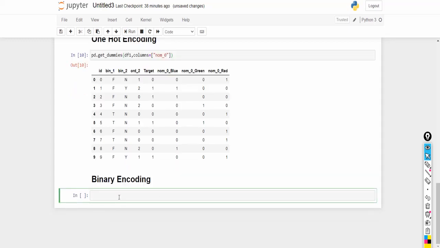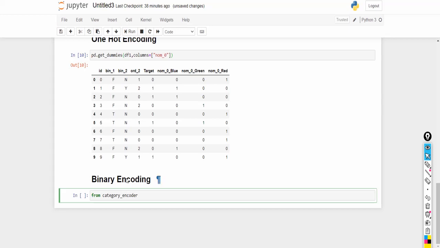Okay, so for binary encoding we will use a library named category_encoders. We haven't used this library yet, right? So when you are using it for the first time, you have to install this library. Using pip you can install this: pip install category_encoders, and later you can import the functions from this library.